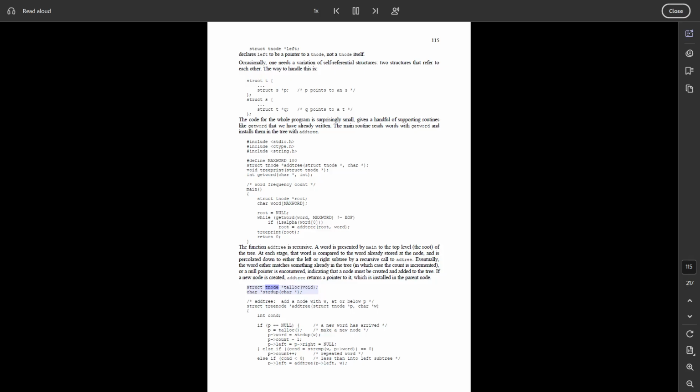struct tnode *talloc(void); char *strdup(char *); /* addtree: add a node with w, at or below p */ struct tnode *addtree(struct tnode *p, char *w) { int cond; if (p == NULL) { /* a new word has arrived */ p = talloc(); /* make a new node */ p->word = strdup(w); p->count = 1; p->left = p->right =